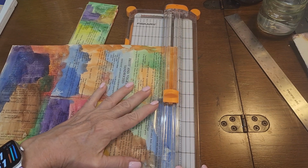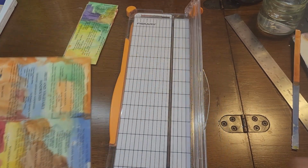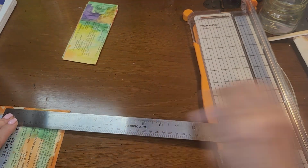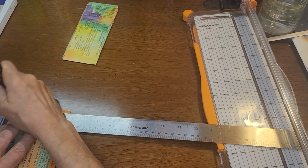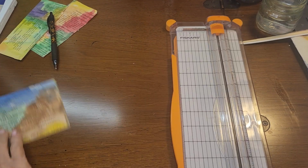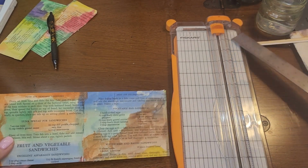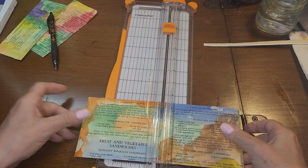Okay, I don't have the math gene. Sorry, I didn't inherit that. I'm not good with math. So I'm just going to cut the edge off, and I'm going to make it approximately, let's see, 4 inches. Where's the pen? Just approximate. Put a little dash there. Nope, one more time. And then, what did I say they were? 9.5. So I'm going to go right down the middle where the paper, right down here. No math required. So I have 2 pockets,